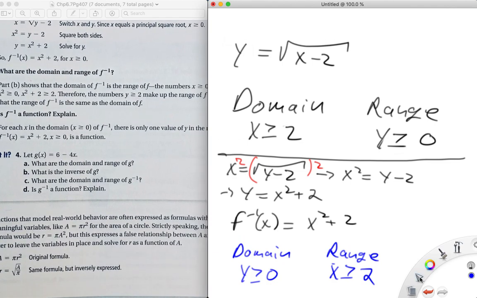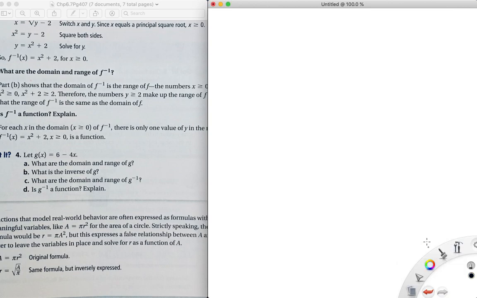Here they give us g of x equals 6 minus 4x. So the domain is all real numbers, and the range is all real numbers. So if we're talking about the inverse, the inverse would be